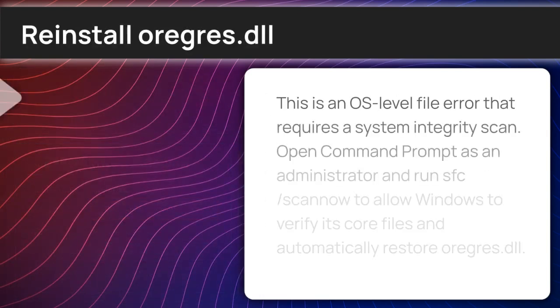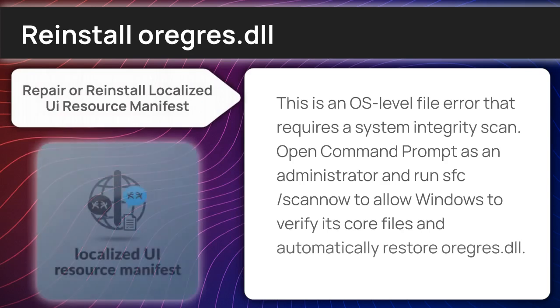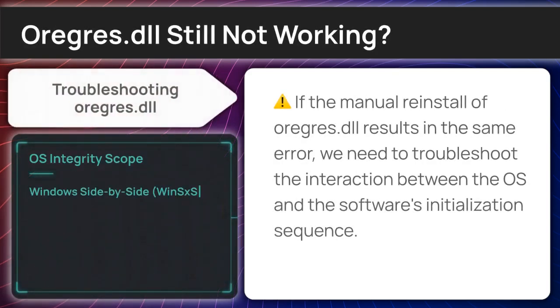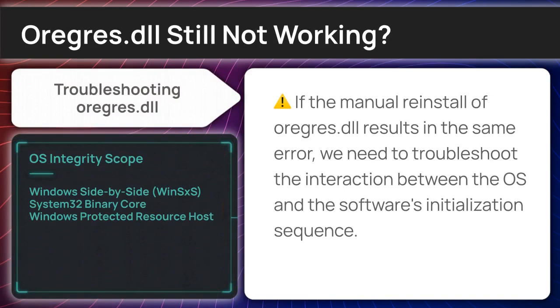This is an OS-level file error that requires a system integrity scan. Open command prompt as an administrator and run sfc /scannow to allow Windows to verify its core files and automatically restore Oregres Library DLL. If that initial setup didn't clear the pop-up, let's examine the specific initialization sequence assigned to